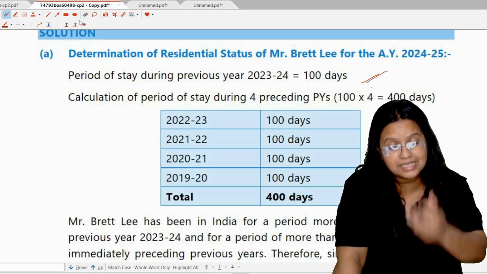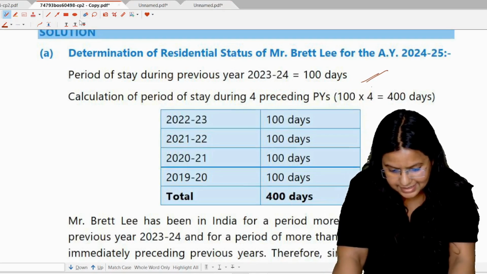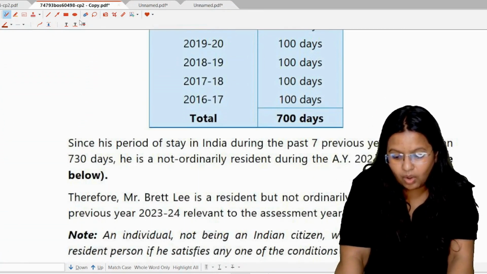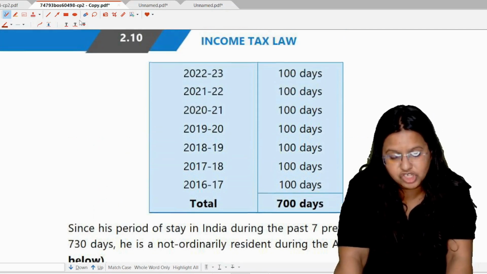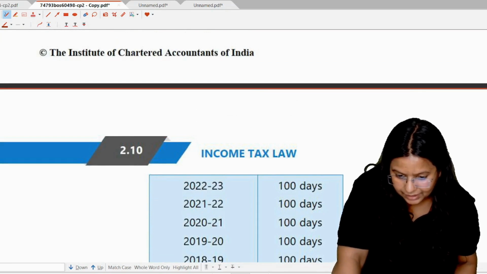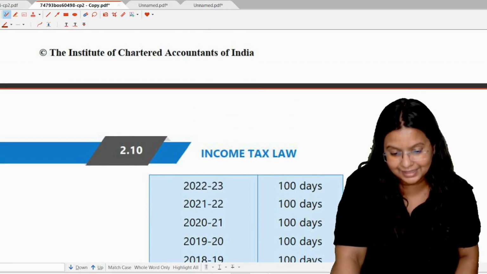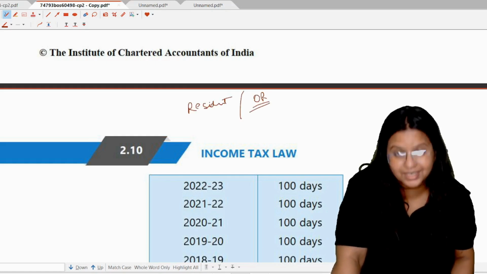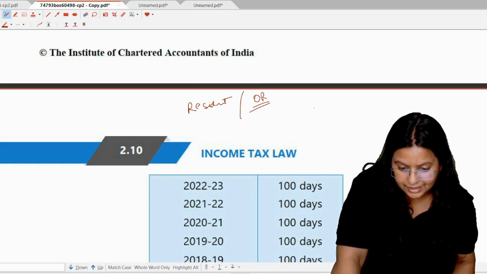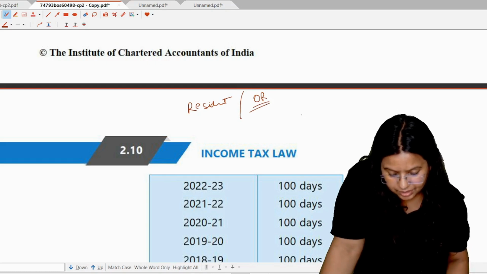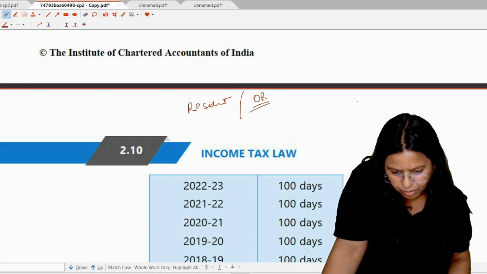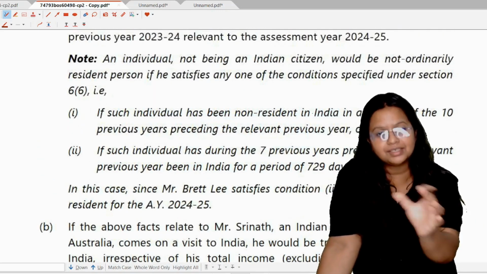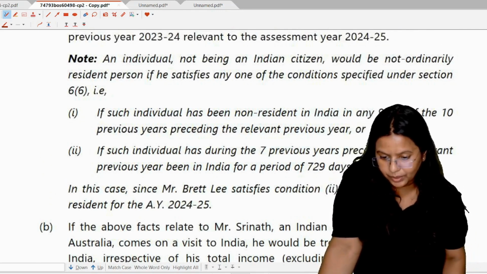Now we have to check whether he is an ordinary resident or not ordinary resident. Let's come on this. So students, for checking whether a person is an ordinary resident or not ordinary resident, we have to check that he must be a resident in India. If a person is resident, now we have to check that he is an ordinary resident, not the NOR. Just try to understand from this point of view, okay? Because the study material has given this point of view, so I'm taking the same because we have to write these kind of answers in our examination.